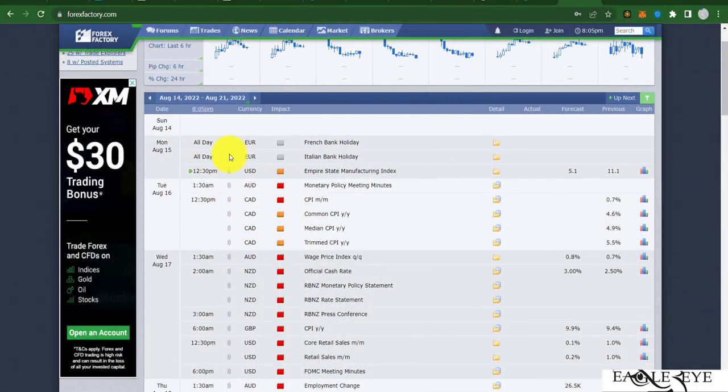Okay, so these are the news releases that are actually linked to the market that we trade, or I take a look at the dollar index and then USD. Sometimes I look at the pound and other currencies, but the main point is to look at what news might be affecting the dollar index and the euro. So on Monday, we have this Empire State Manufacturing Index around 12:30, and the time here is calibrated at GMT.